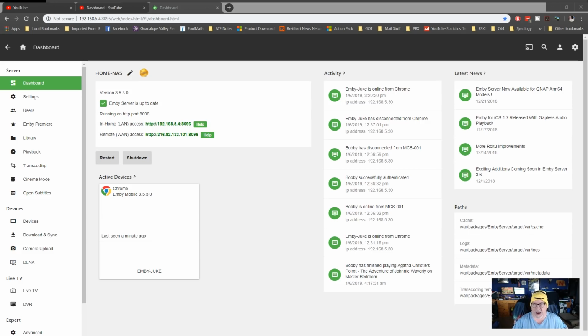So go out and check out the Emby forums under the Synology forum, and if I remember, I'll put a link down below so you can go check it out. But that is the installer I used for Xpenology, the one written specifically for Xpenology NASs. And so far, knock on wood, I've had 0 trouble with it. And I am running, as you can see here, version